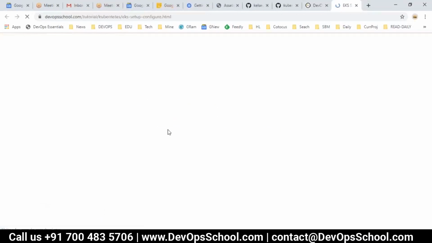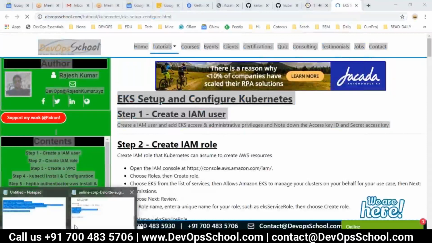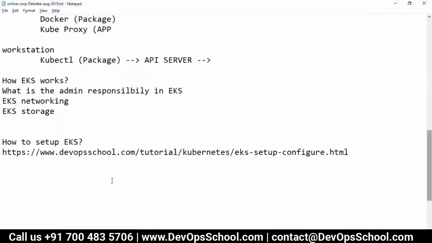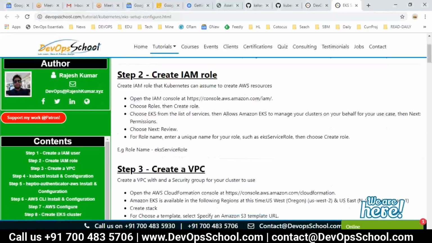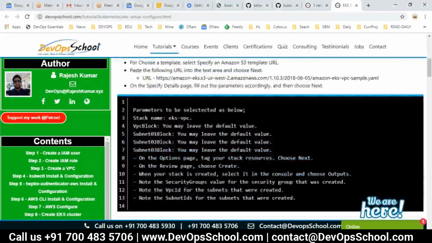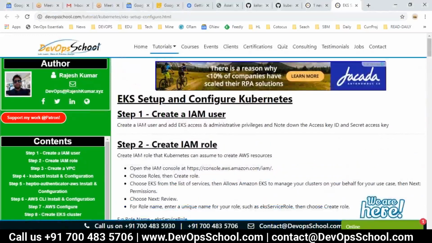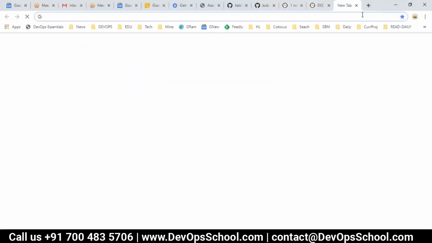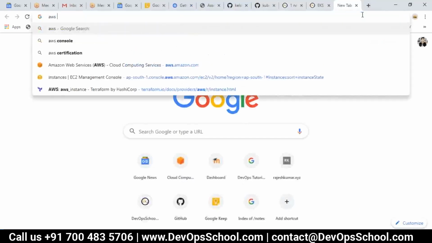This is a document, so you can refer to it. I think this document was written probably 6 to 8 months ago, but I think it will still work, and there's no problem. But there are always some changes happening, so it's good to also refer